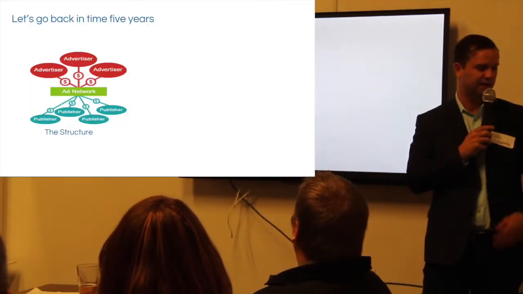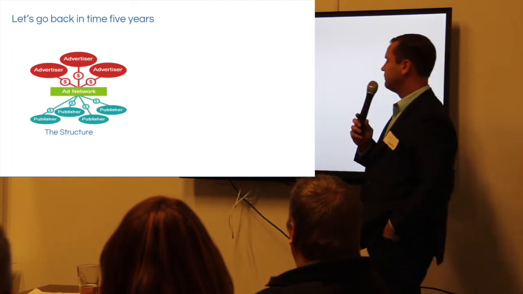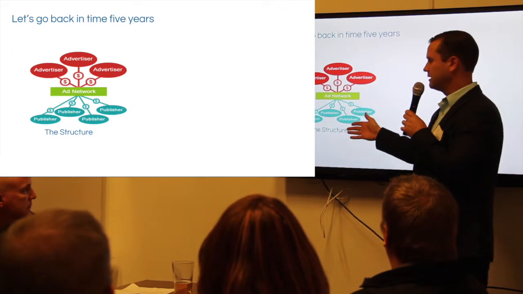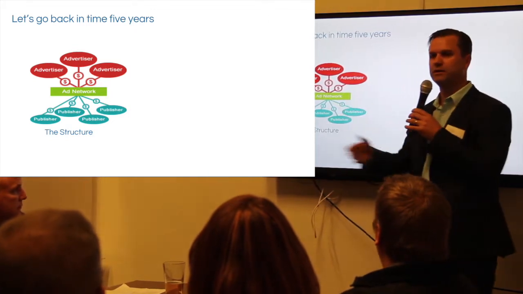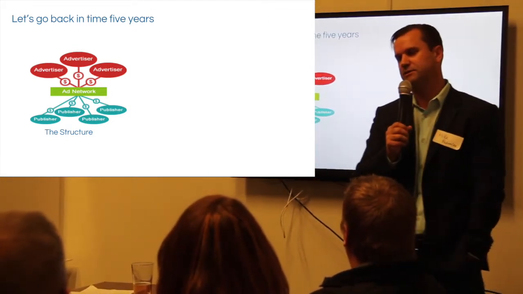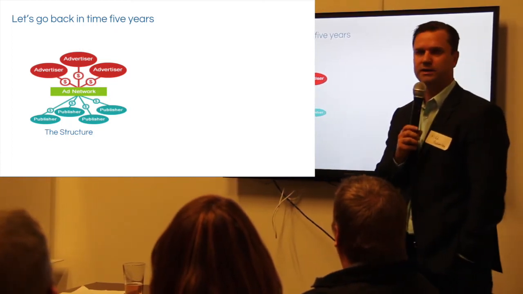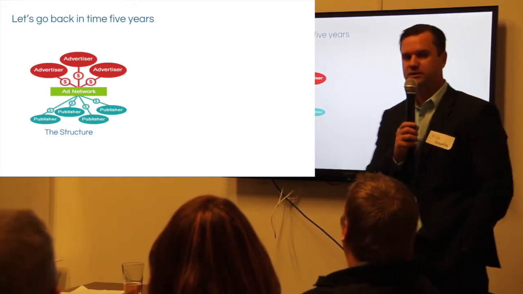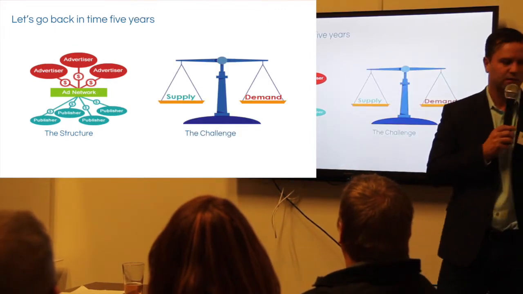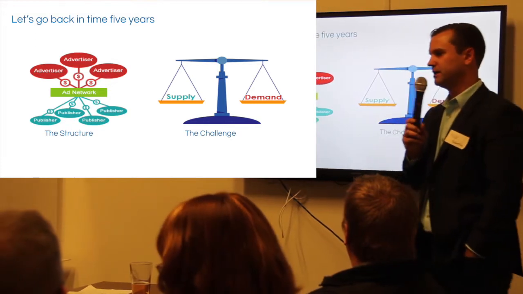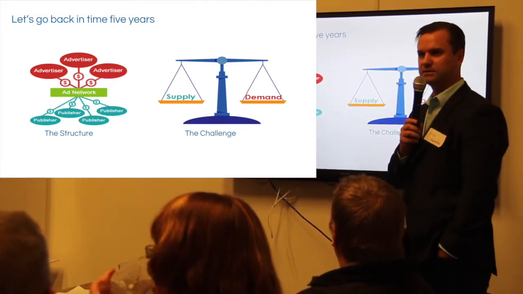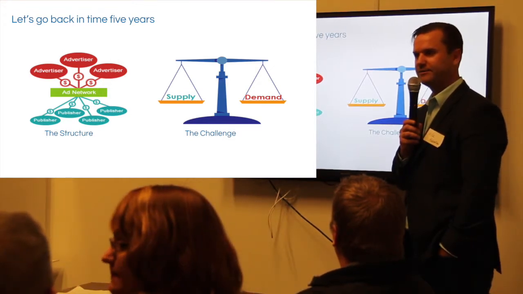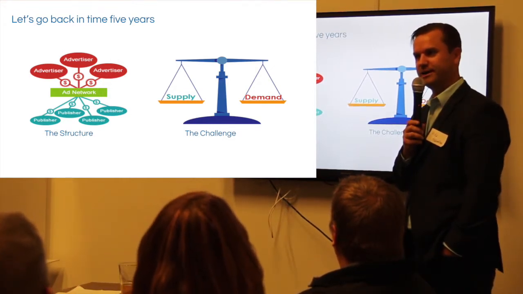So let's just take a look at what an ad network is. There's supply and demand. So there's advertisers and there's publishers, and the ad network sort of sat in the middle as this place where advertisers could go and be able to buy across a bunch of publishers all at one time. So just kind of saving them time and also helping them not have to deal with the supply and demand issue. That was something that was left to the ad network to make sure that they had enough supply for the demand and didn't have too much supply.